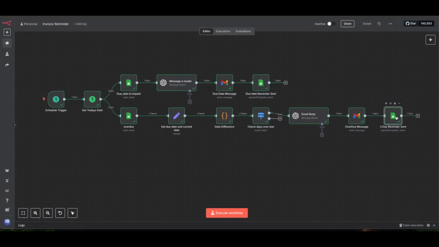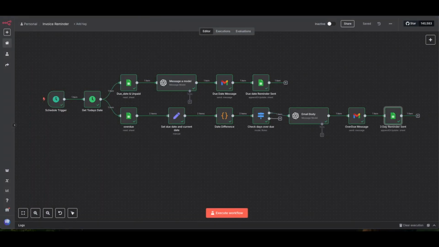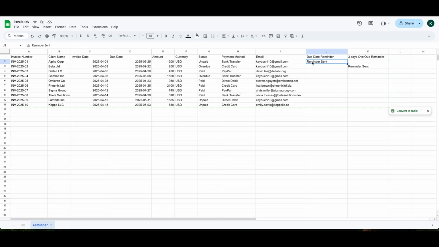Once that message has been sent out, this last node just says the reminder has been sent. So that's how for the due date reminder, you get it reminder sent, and for the 3 days reminder, you get it here to say, oh, 3 days sent. So if I remove all this,